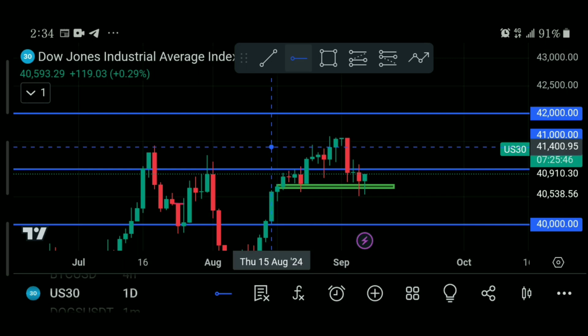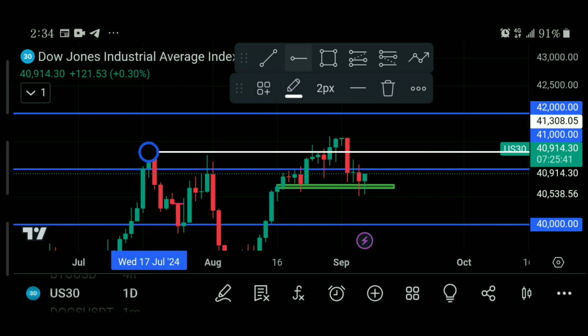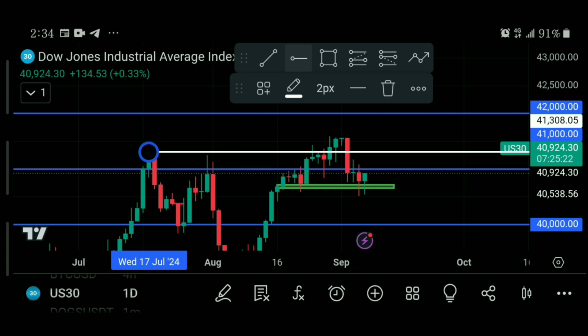So from here, if you observe, here is our major resistance, and you can see the market has already broken that level. That there is a structure, a break of structure there. The market broke above it and came down. So the market right now is trading below this level, so we should be expecting a sell on the market actually. But moving on to